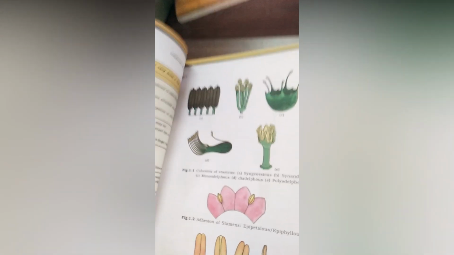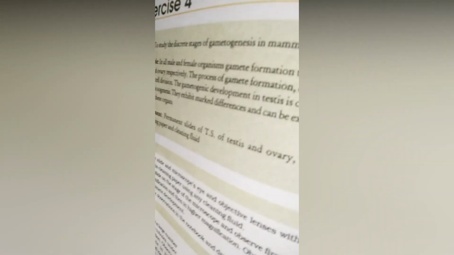For example, look at the first practical. In the first practical, data is given. That data is very helpful for performing the first practical. This is not only for the first practical, but for each practical. Look at this exercise number 4. There also the method is given in this way. For each practical, how to perform the practical, that data is given in this manual. That also you compulsorily have to purchase.